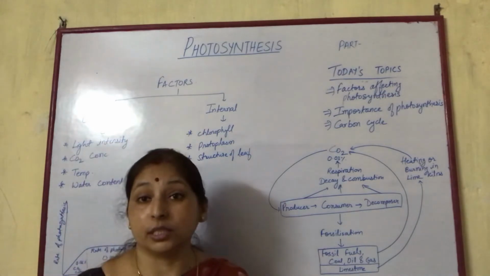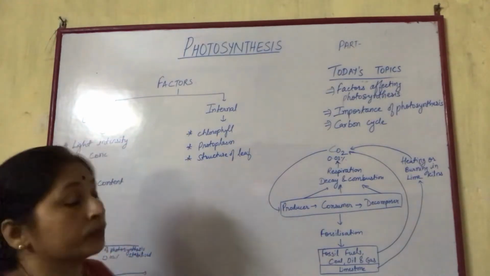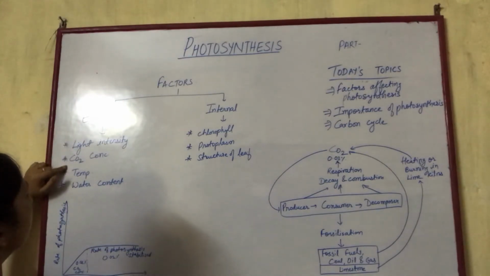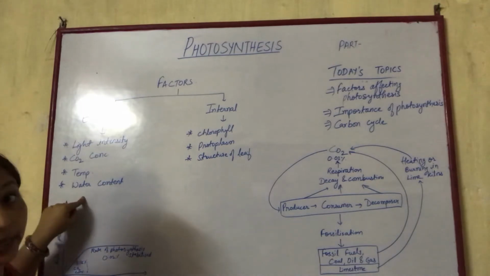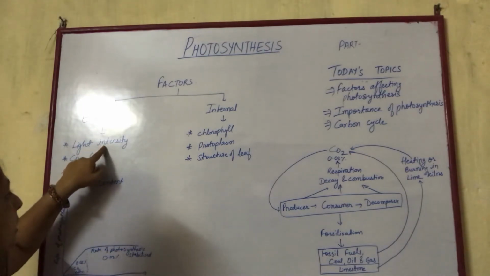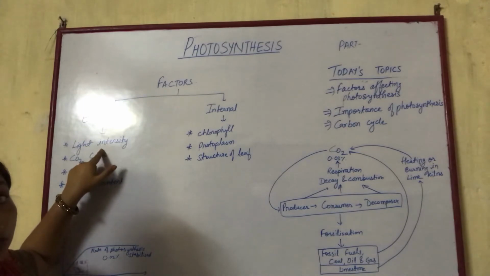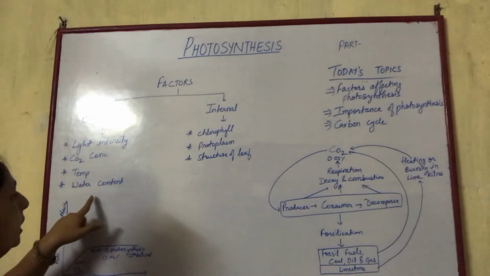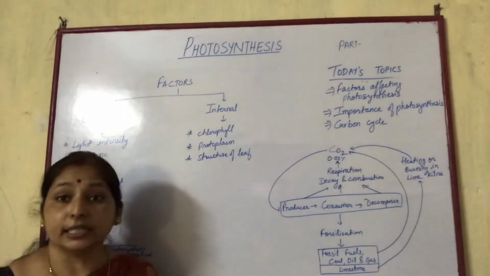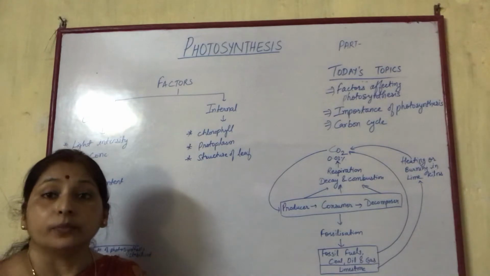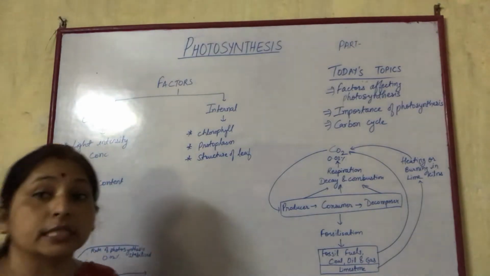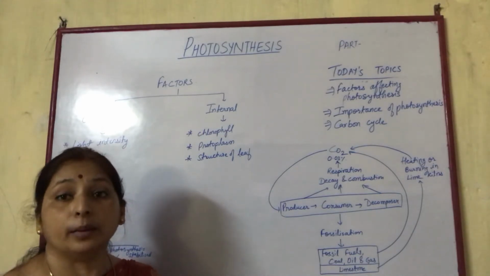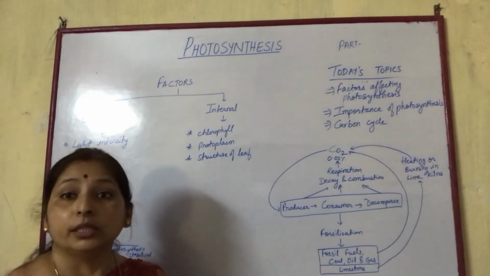Factors affecting photosynthesis: first, external factors, which are light intensity, CO2 concentration, temperature and water content. If it is not clear in the video, just write it down. First is the light intensity. With light intensity, the process of photosynthesis increases, but only up to a particular level, the optimum,